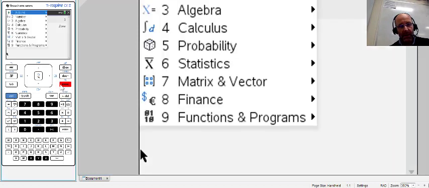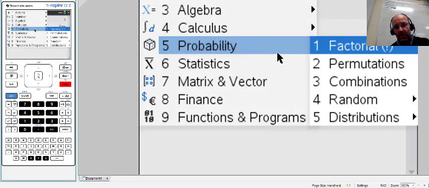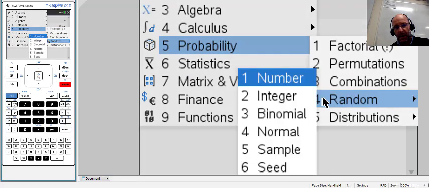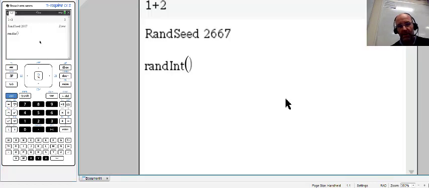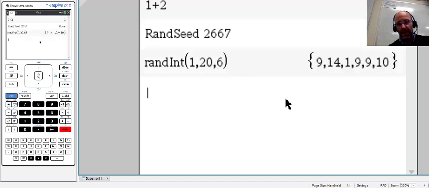So we go back into that same menu again, probability, random, and now we go into random integer. There are other ways of generating random numbers, but we're going to focus on integers. If we want from 1 to 20 inclusive, and we want 6 numbers, we put in the parameters as such, and then we check whether any are repeated. Yes, 9 is repeated, so I'm going to repeat this